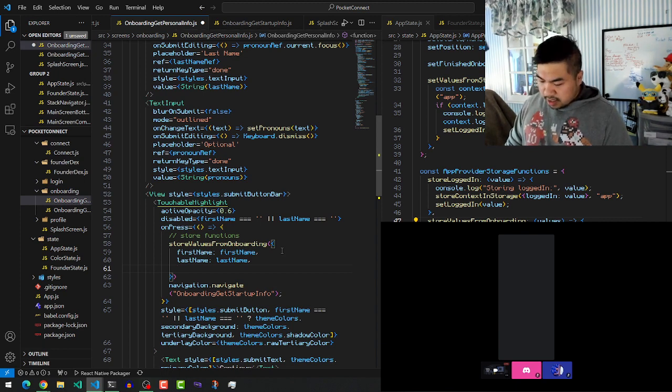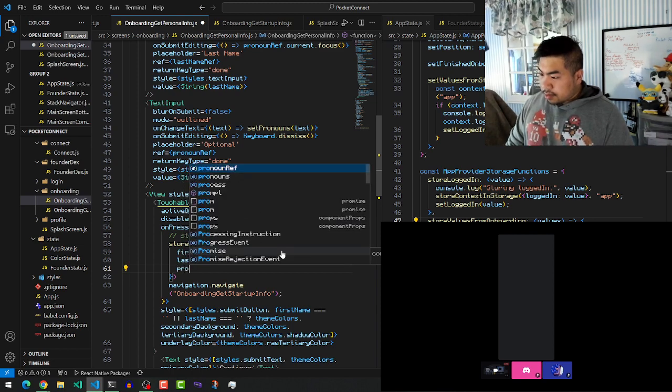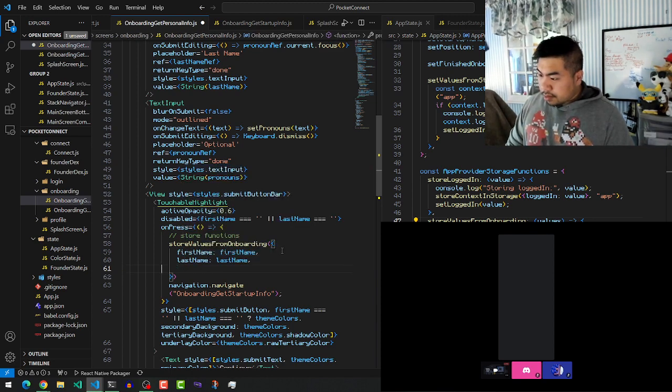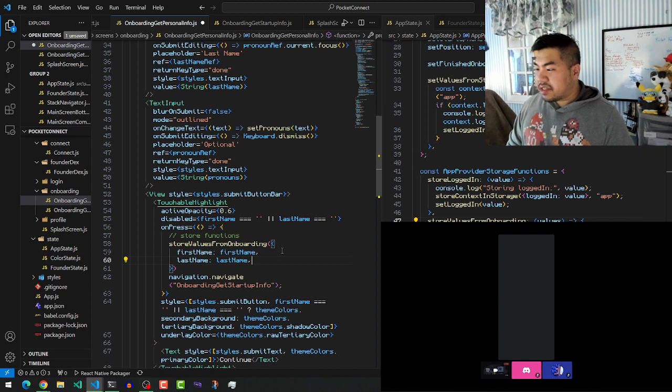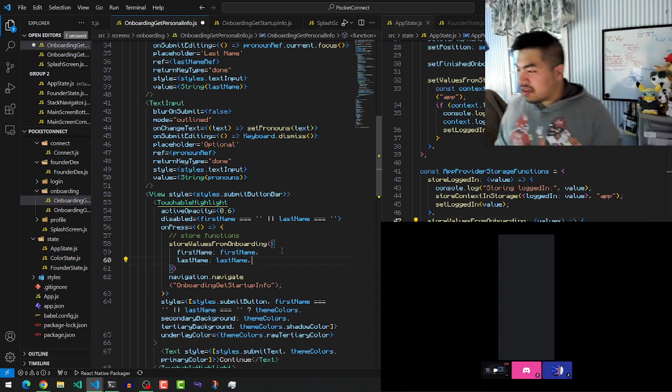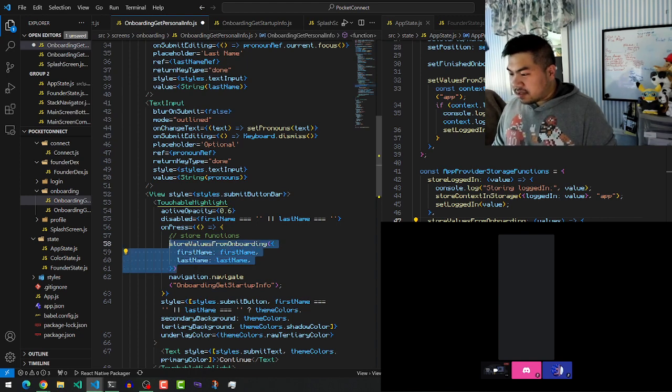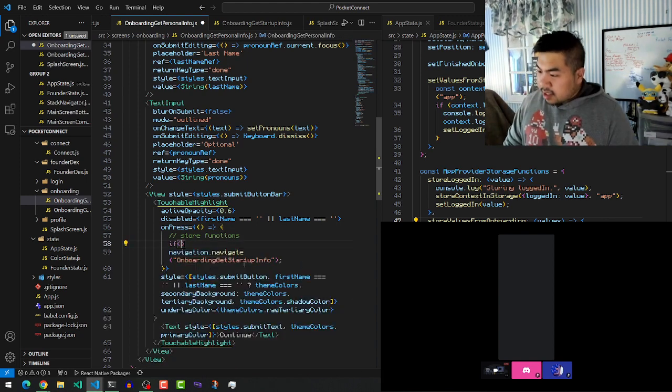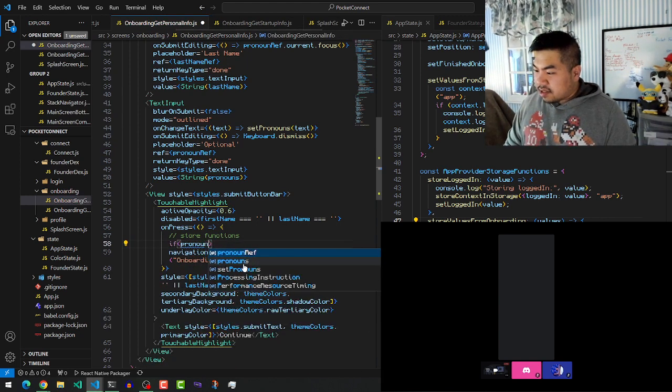And then how do I do the thing if there is no pronouns? I mean, I could just call two different types of the functions, so yeah, I'll just do that. Not the most elegant solution, but